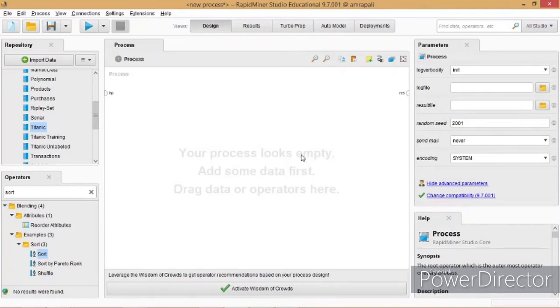In this experiment, we are going to find the highest fare paid by a woman passenger in the Titanic incident. We will learn how to import data into the RapidMiner repository, which is the central storage for all the data, models and processes.